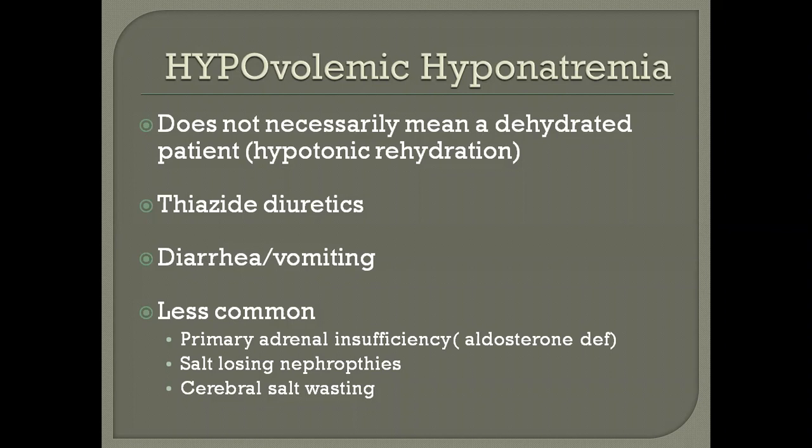So what I was trying to say is, you could be having a lot of diarrhea and you're losing both salt and water, but you felt thirsty when you drank a lot of plain water. So therefore you ended up not with obvious dehydration, but with a hypotonic rehydration, and therefore you have hypovolemic hyponatremia, but still you are not in obvious hypovolemia. But the cause of hyponatremia was the hypovolemia. That hypovolemia stimulated the ADH, the AVP secretion, and that AVP caused you to absorb whatever water you were drinking back into the blood.